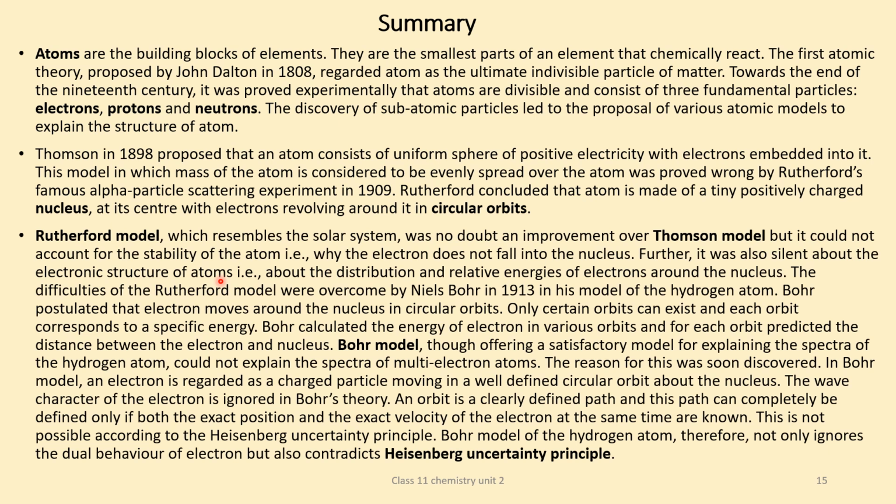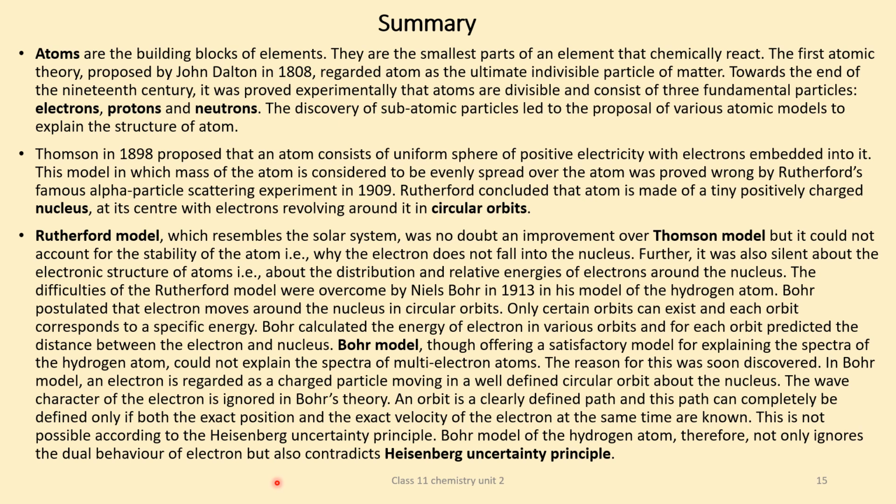The Rutherford model, which resembles the solar system, was no doubt an improvement over the Thomson model, but it could not account for the stability of the atom. That is, why the electron does not fall into the nucleus. Further, it was also silent about the electronic structure of atoms, about the distribution of the relative energies of the electrons around the nucleus. The difficulties of Rutherford model were overcome by Niels Bohr in the year 1913 in his